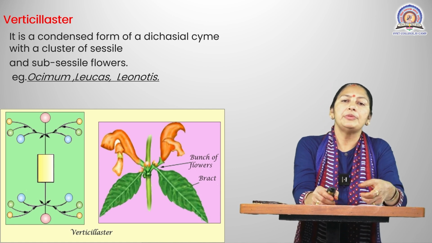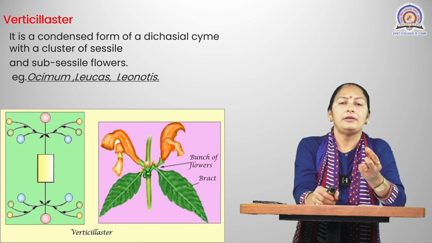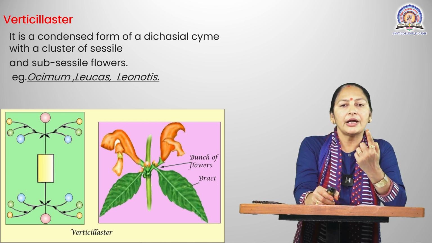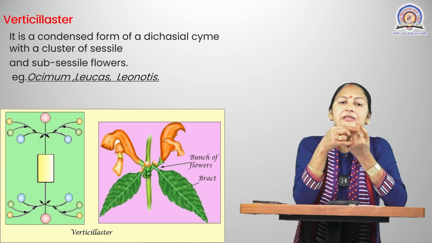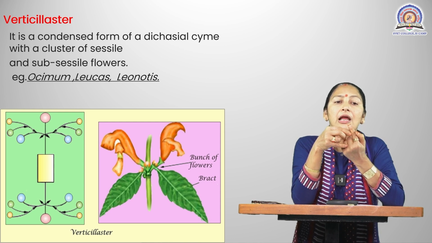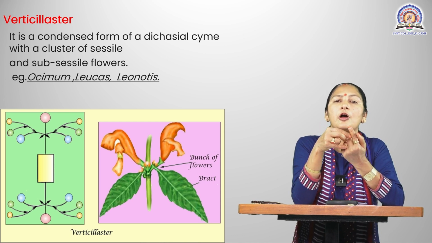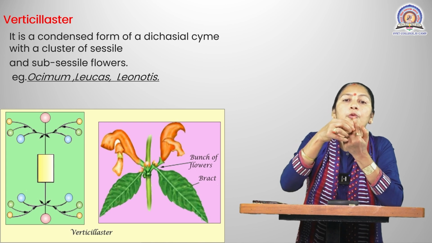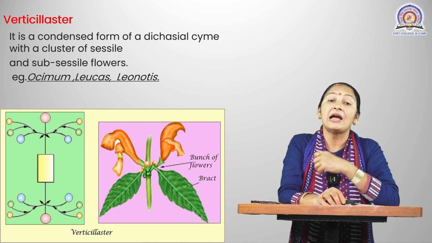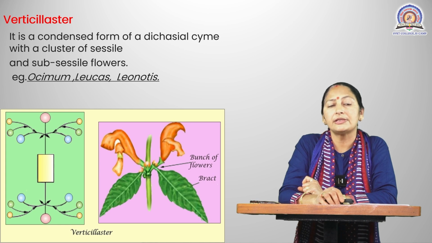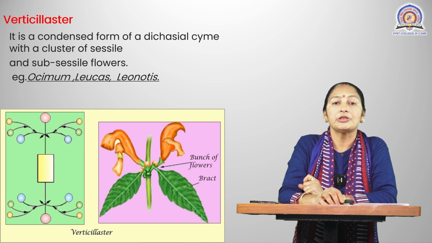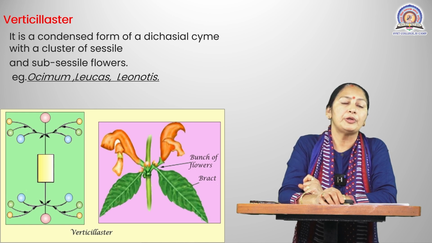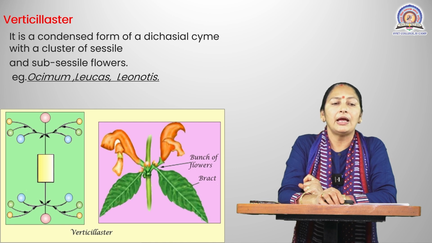a dichasial cyme. What does that mean? In a single floral axis the flowers are arranged in a dichasial manner: at the nodal region, sessile as well as subsessile flowers are arranged on both sides, and that's why it is known as the dichasial cyme type of inflorescence. It is special. You all know Ocimum, the common name is tulsi. Tulsi is the best example of the verticillaster type of inflorescence, a condensed form of dichasial cyme